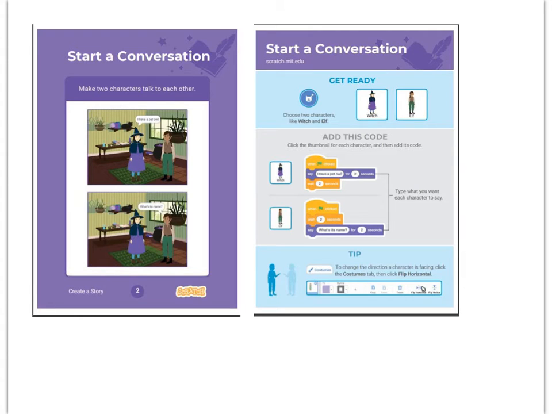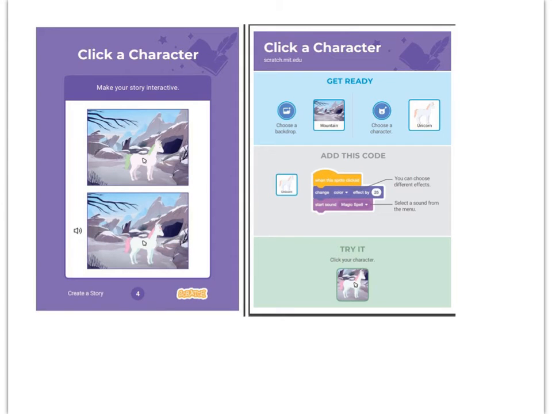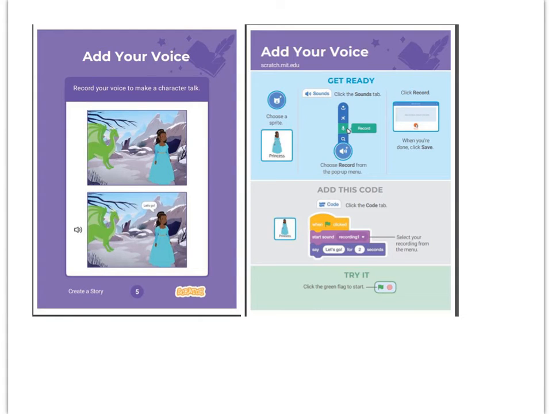On this project, I do not want a bunch of choppy different slides. I want a story from start to finish. You must be able to tell me something throughout the story. You could even journal your quarantine days, what's happening, and you can have pets, you can do whatever. Click a character, so you're going to have to actually click that character. If that doesn't work on your iPads, you may have to use a different code. When we get here, the flag again,